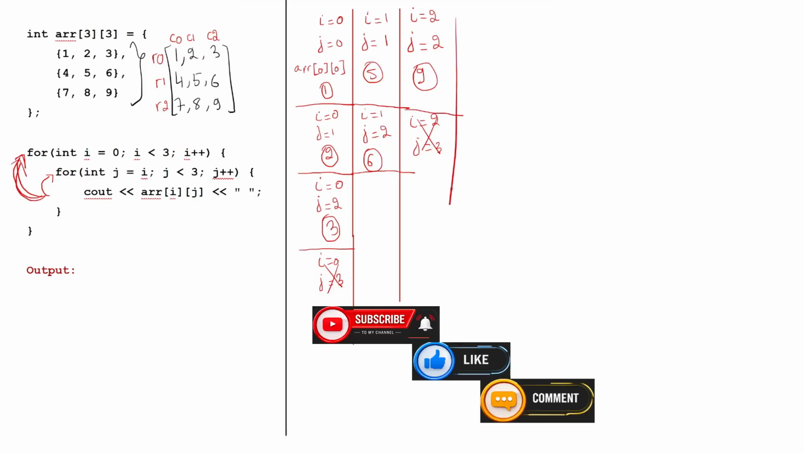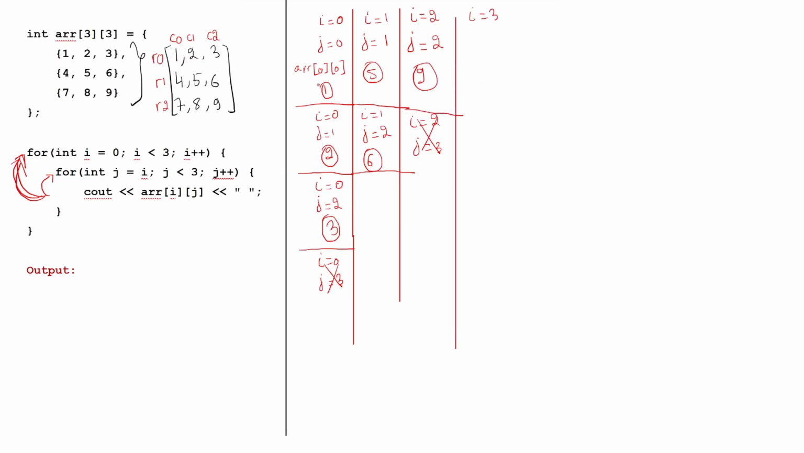But if we increment i from 2 to 3, is i less than 3? No, so we don't output anything. We proceed with our program. If we have anything beyond it, we just keep going. So now the output will be,